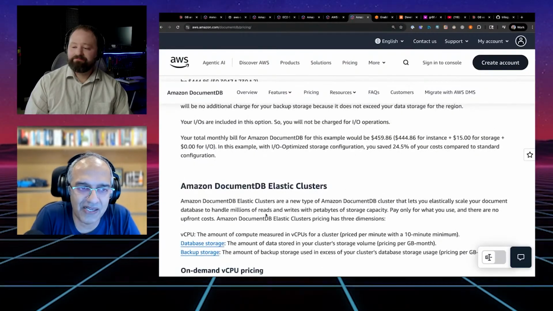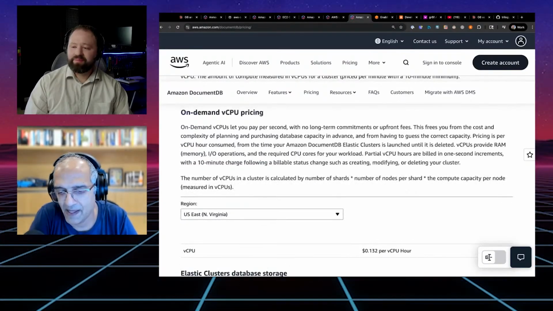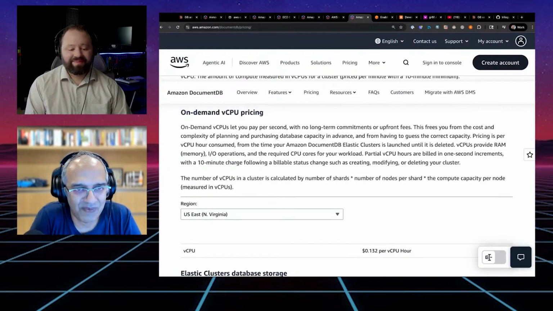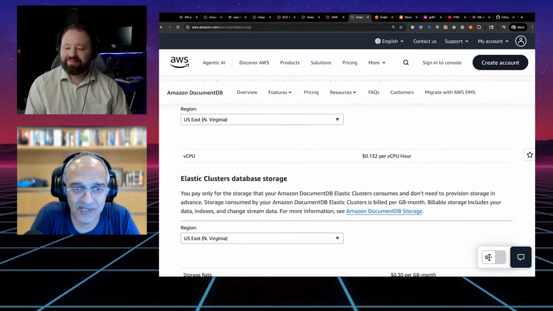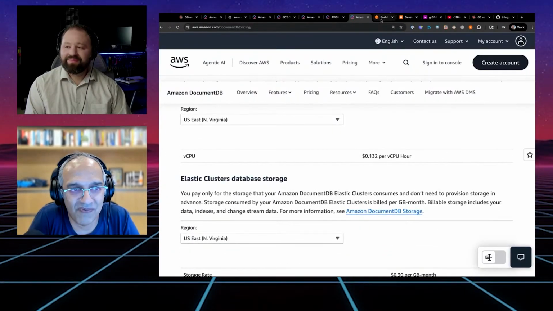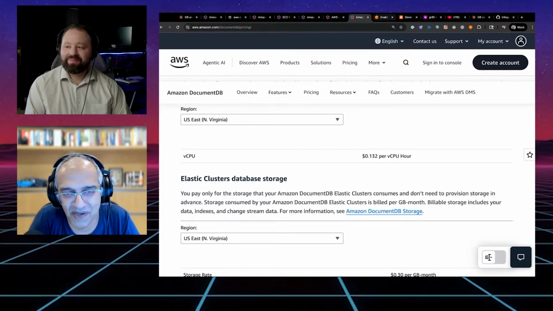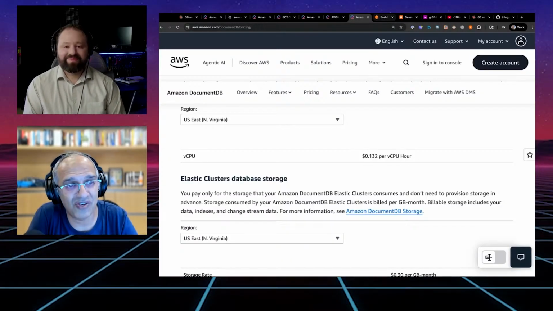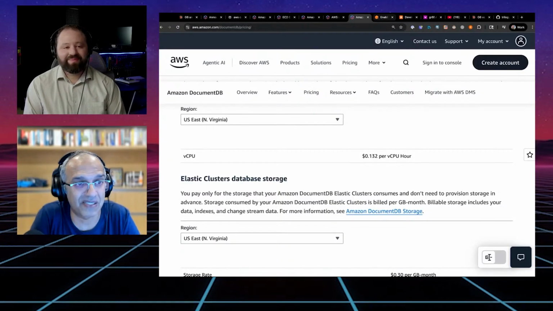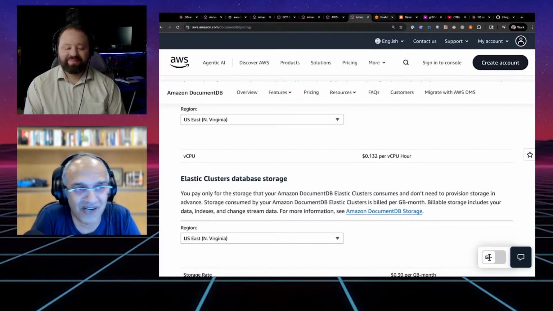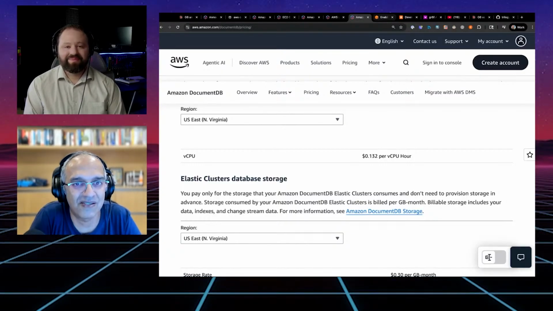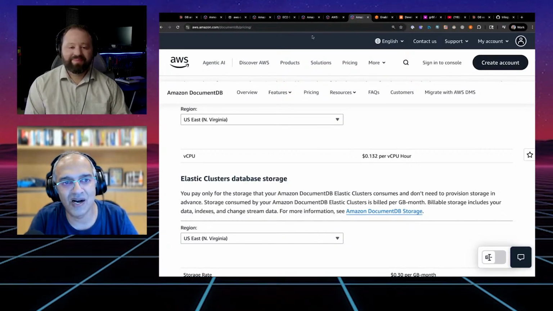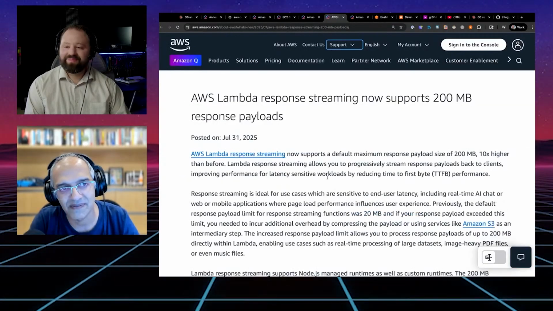I think the thing that I like most about these announcements is that the friction to get started is really, really low. You start with serverless, you try as you want, and you only pay for the bare minimum that you actually use, and you can shut it off. You're not trying to provision something for a production workload or for absolutely peak workload. You start small, start simple, and if you actually need it to expand into that production workload, it's seamless. You don't have to tear everything down and start a whole other thing. There's no friction to get started, and no friction to move from your experiments into production as well. So I love these solutions for that reason.